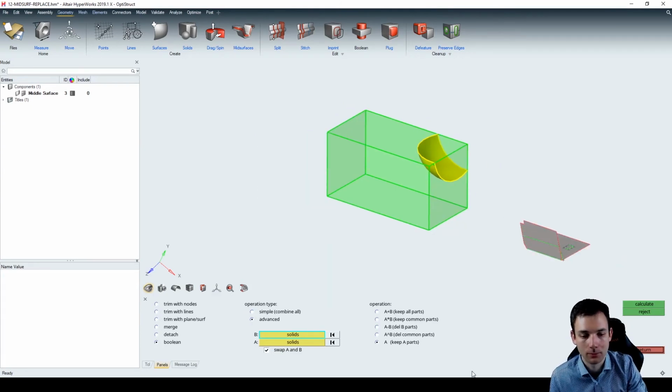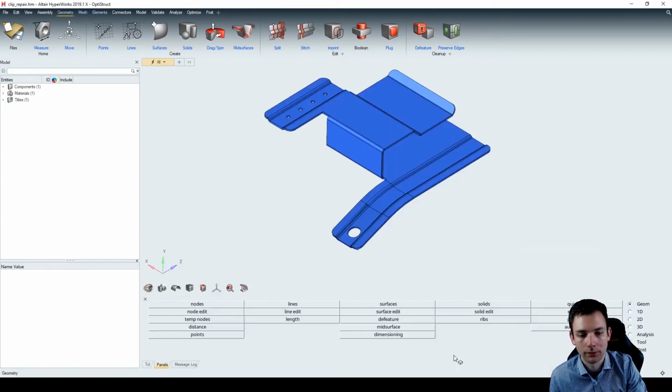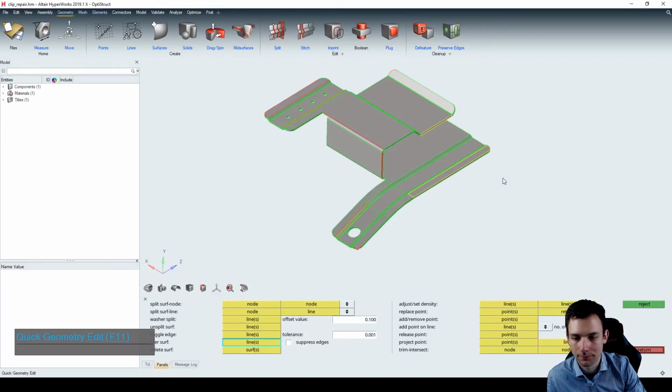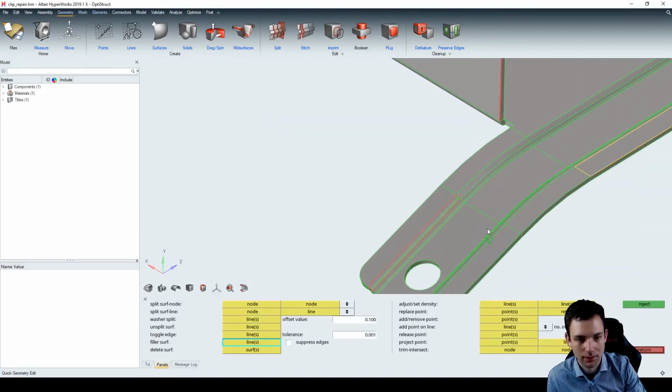All right, next up, we will go and see what geometry editing functionality we will be using to repair. And it's just an introduction in this case, but let me just quickly show you what's the difference between the old way and the new way. So the old way would be you just hit F11 to go into the quick edit panel, and now you examine